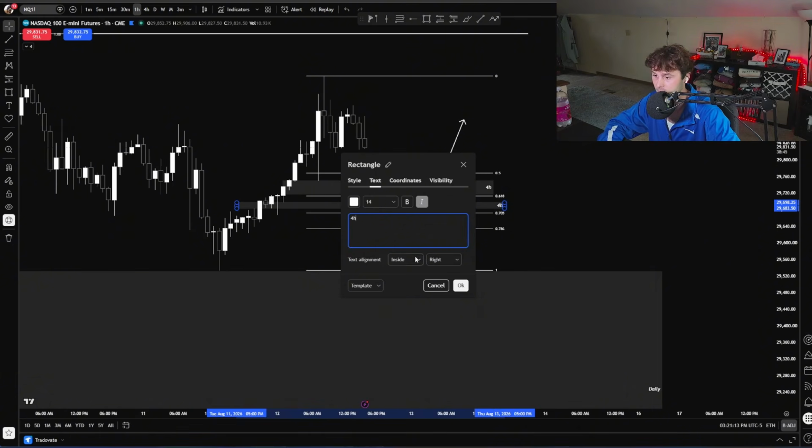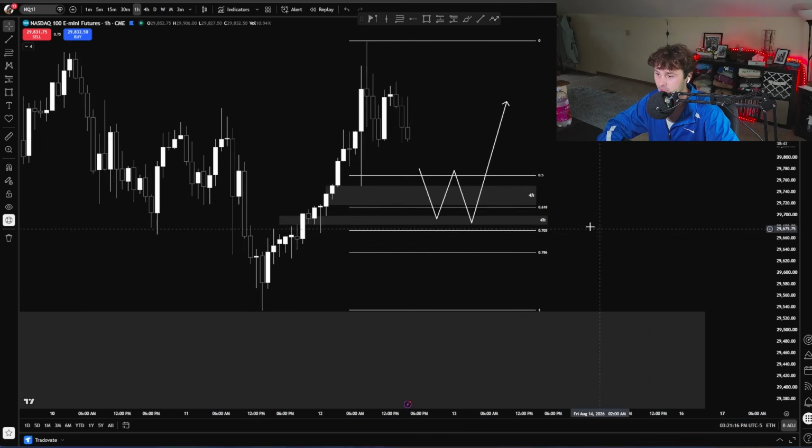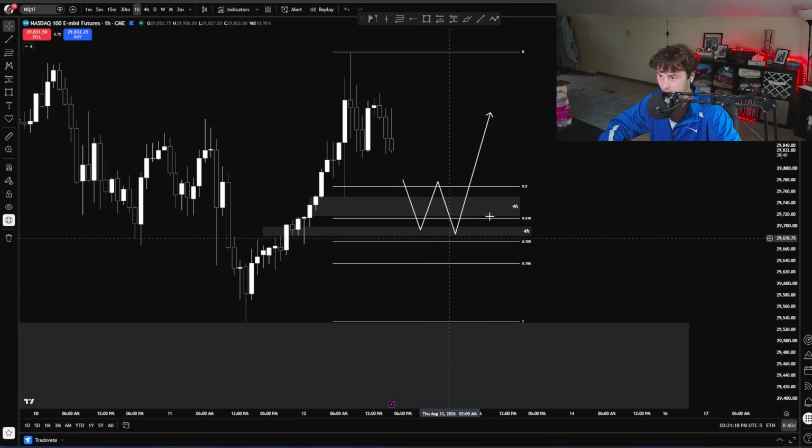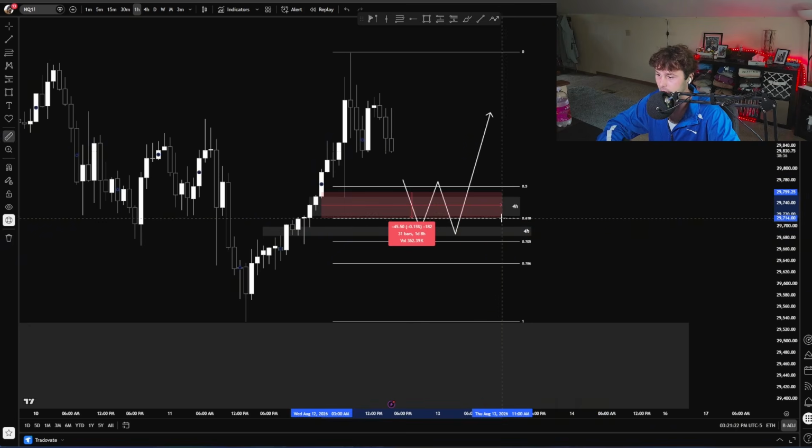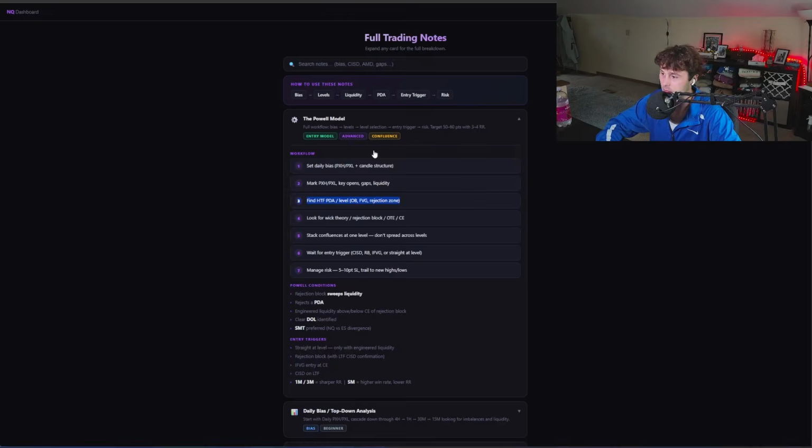Sorry, 4-hour. So price could want to come down to that one as well. So basically either one of these two gaps, obviously this lower one would be a little bit better, but this high one as well. So that's what it means whenever it says find high time frame PD array, rejection block, whatever it is,